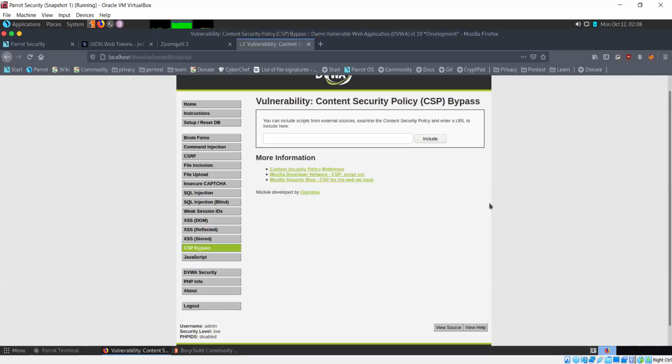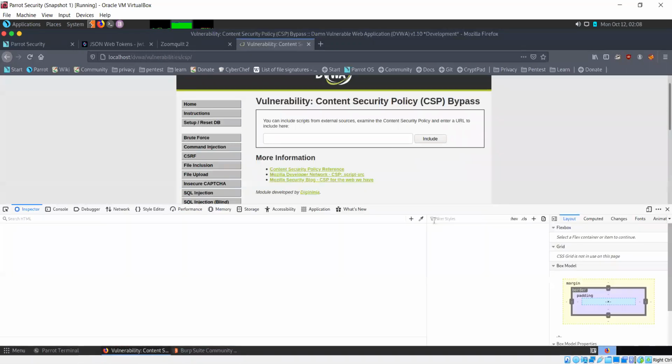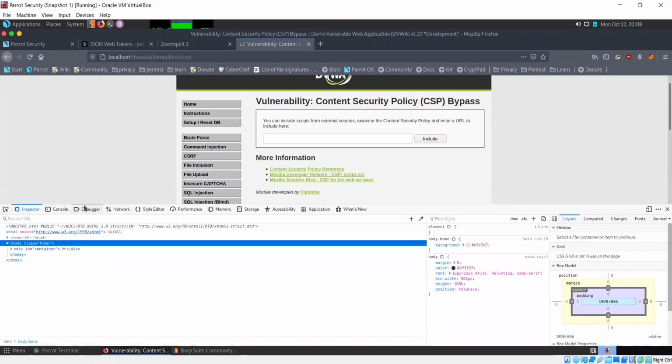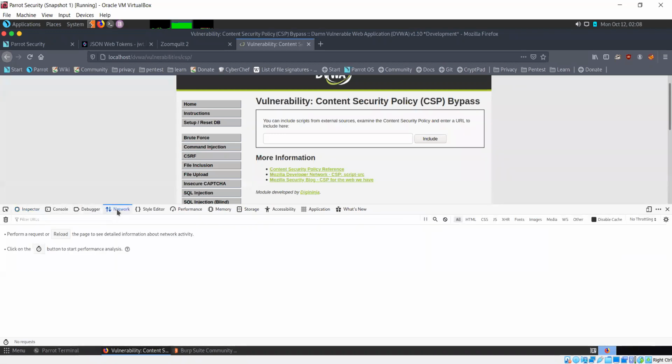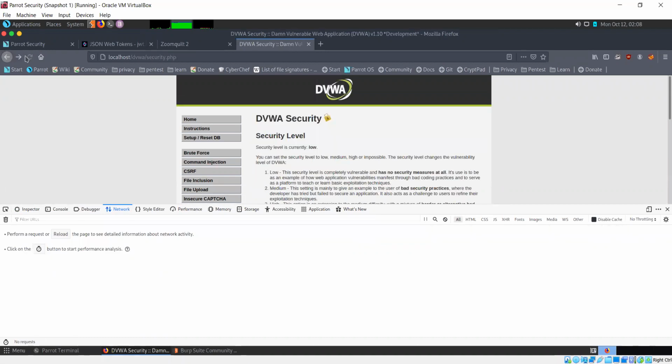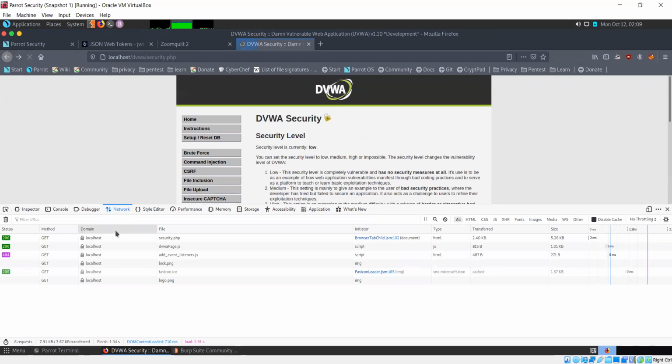But in this case, if I take a look at the browser, the other way to do that is to go to the browser network. Refresh this page and look for the entry corresponding to the page itself.